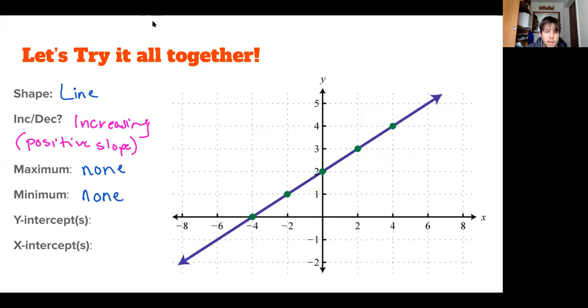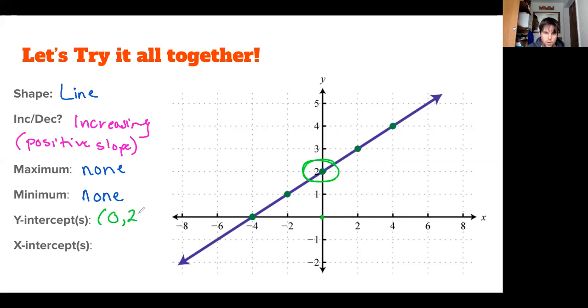Last couple things here, we have our y-intercept and our x-intercept. So we want to find where these are. Our y-axis is up and down. So here's our y-axis. We want to know where the graph crosses it. It's right here. Remember, for y-intercepts, the x-coordinate is 0 because we started at the origin, we're not moving left or right, so 0, and then we have to move, in this case, up to meet that y-intercept point,